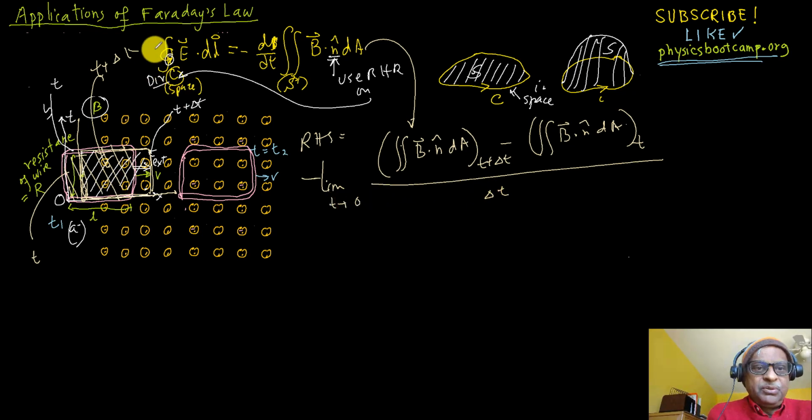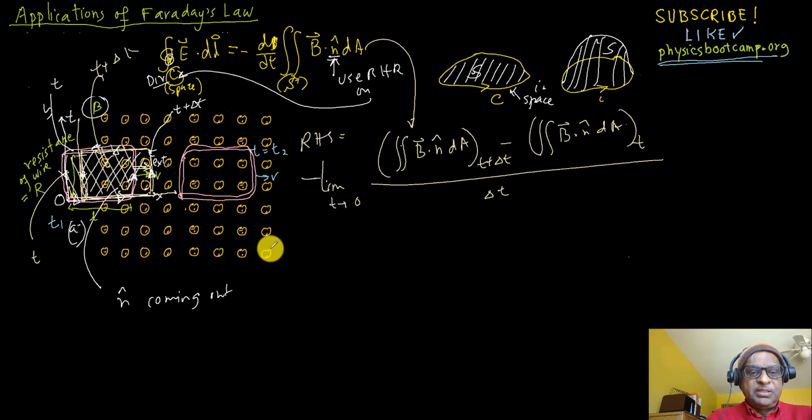The loop direction at t plus delta t is the same direction as the loop at t, so the right hand rule gives n hat coming out, which is the same direction as B. So B dot n hat is just B coming out, and dA is going to be the area of the loop. When I integrate, this is all constant, so this is going to be equal to minus the limit